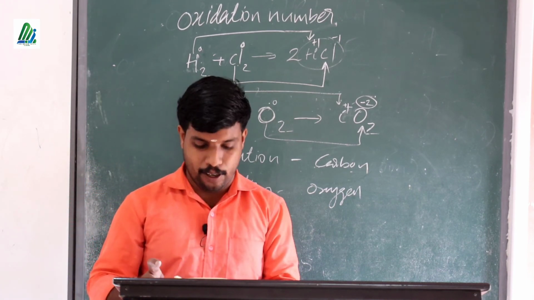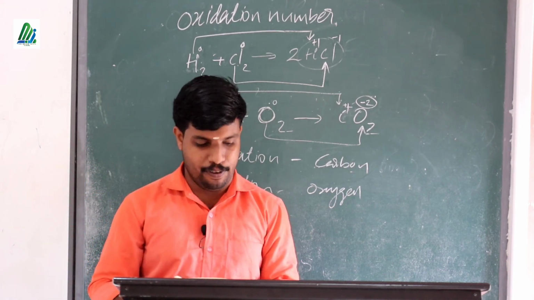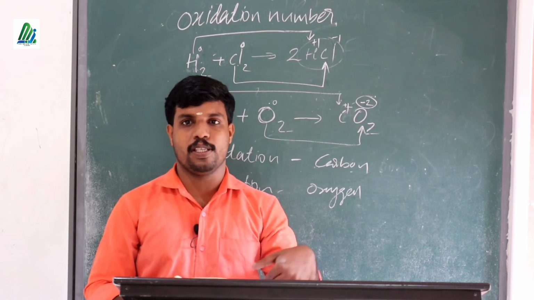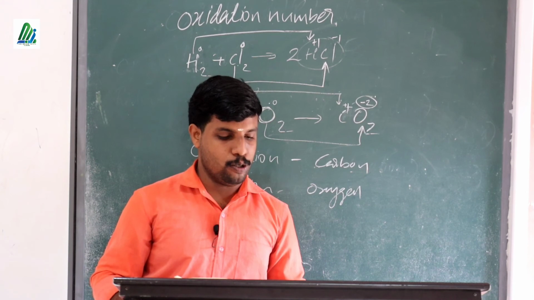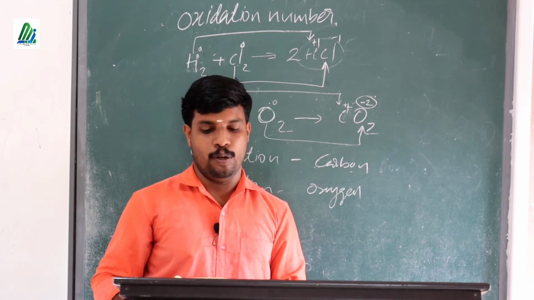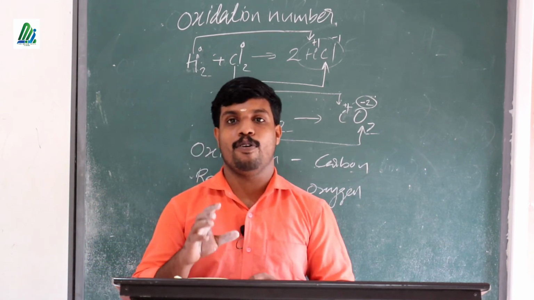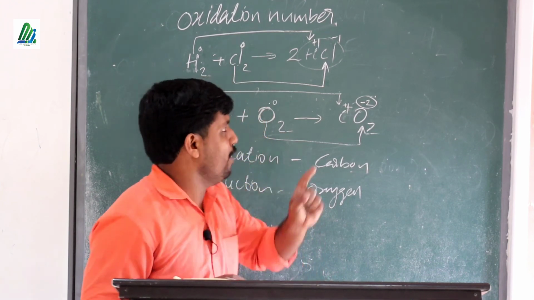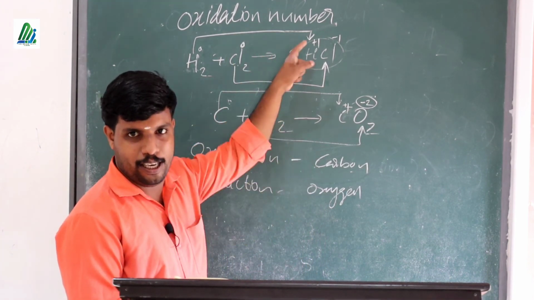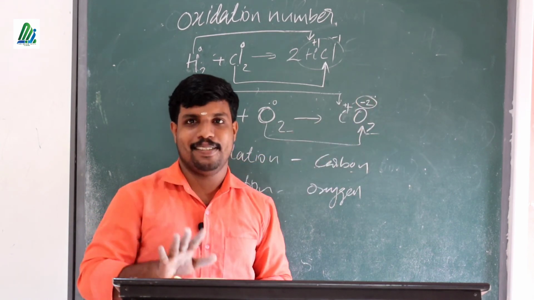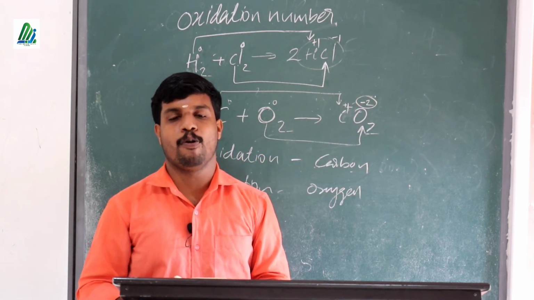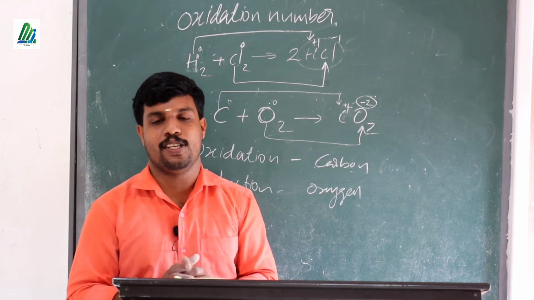And there are equations given in your textbook on page number 51. Equations on pages 50 and 51 are given. You just write the questions and answers given there, and also on page 52. In the next class we will discuss how you find these oxidation numbers. Here it is not important, they will give the equation and the oxidation numbers. In the next class we will study how you find the oxidation number.